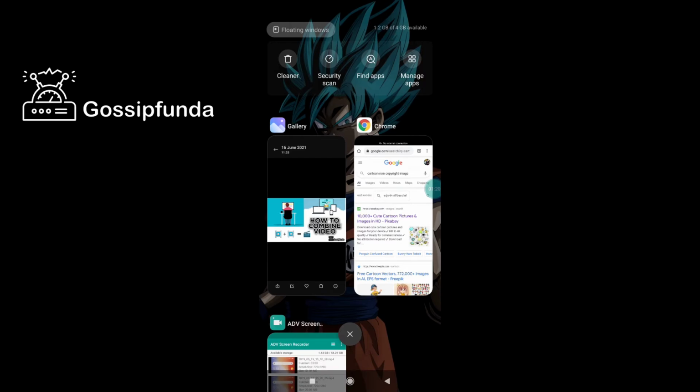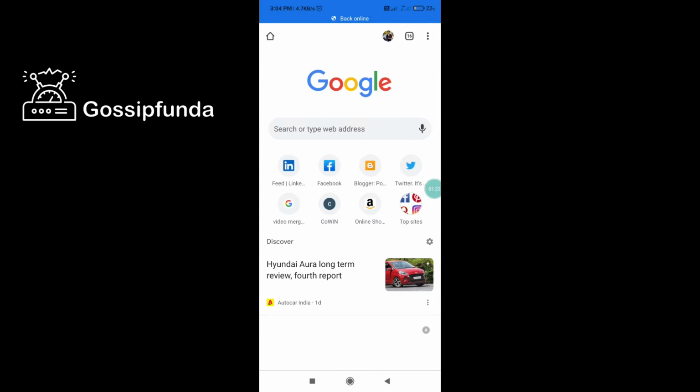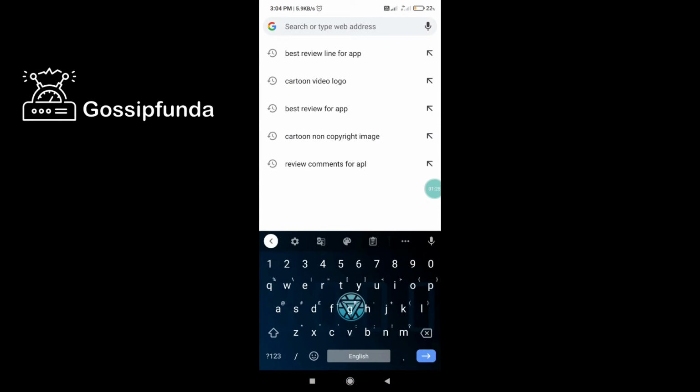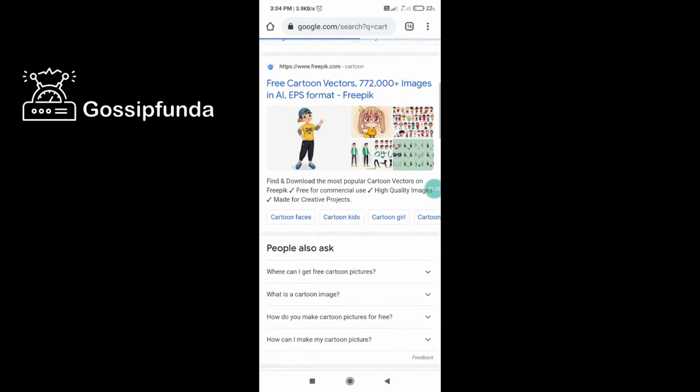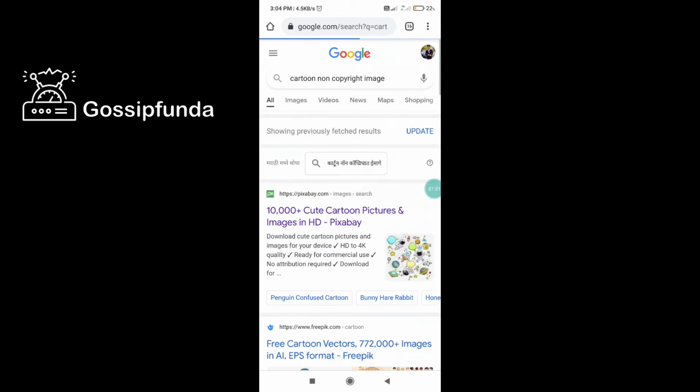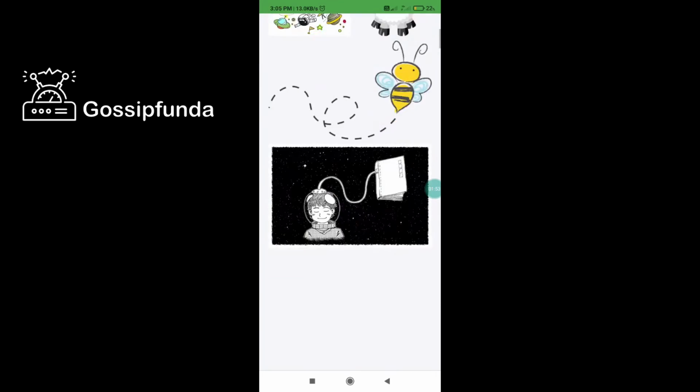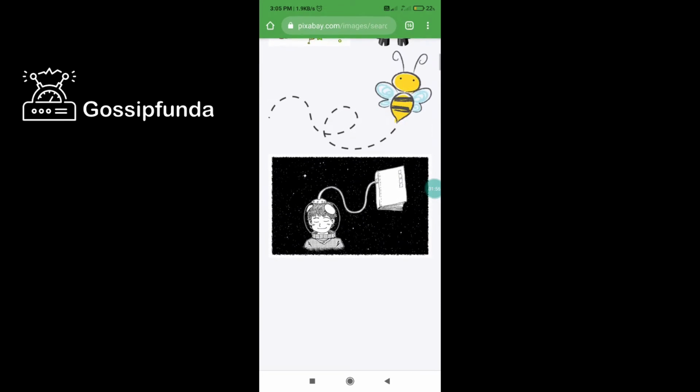So the first step you need to do is go to any browser you use. I choose the Chrome browser and just type cartoon non-copyright images. Here you will find all the free websites that provide non-copyright images, so they are very safe websites. So I choose this one. Here, as you see, my website is open, so I just scroll down